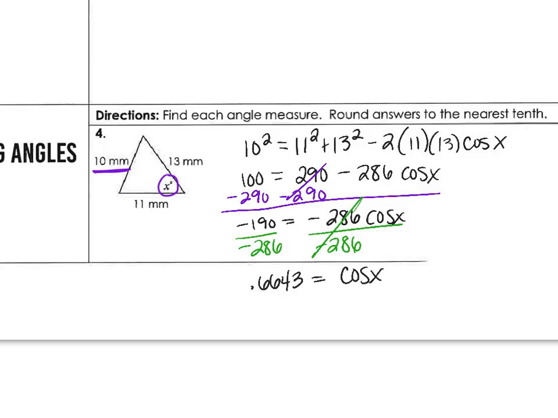Now, to solve, when we are looking for an angle, how do we get that x by itself? Inverse cosine. Inverse cosine both sides. So I can't plug this into the calculator? Well, yeah, you can. So you just hit second cosine. This is what you put into your calculator. And that will tell you the angle measure of that missing angle. So it's about 48.4